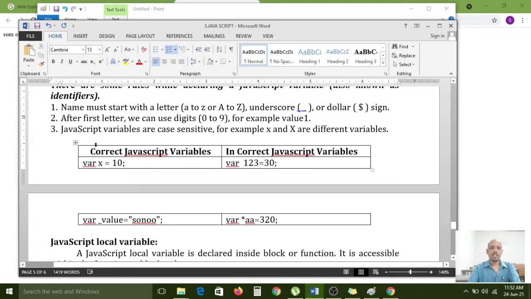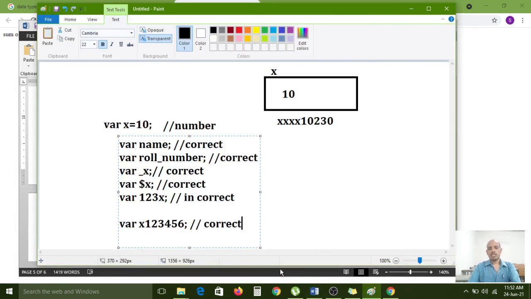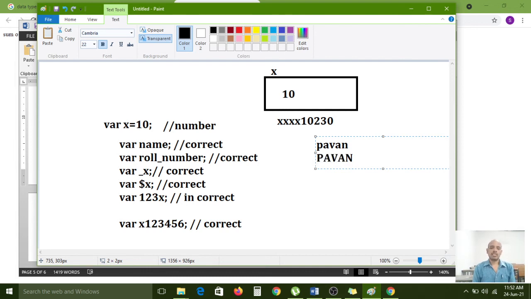Next rule: JavaScript variables are case sensitive. For example, capital X and small x are different variables. Case sensitive means small letters and uppercase letters are treated differently. For example, Pawan in lowercase letters and in uppercase letters.